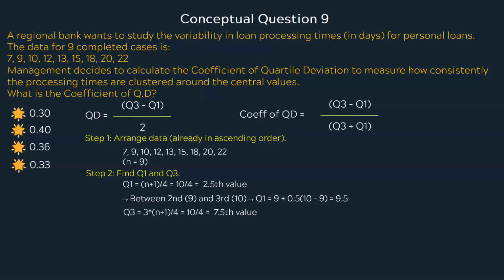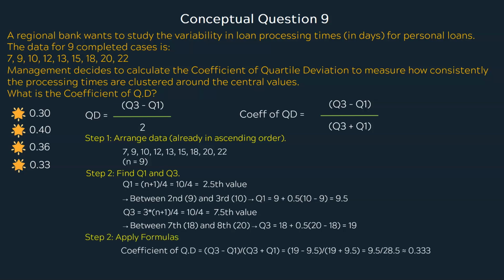Similarly, we have also seen that Q3 is calculated as 3 multiplied by (n plus 1) divided by 4, which equals the 7.5th value. And this lies between the 7th value, that is 18, and the 8th value, that is 20. Which implies Q3 equals 18 plus 0.5 multiplied by (20 minus 18) equals 19. So by putting all these values in the formula of coefficient of quartile deviation, we get (Q3 minus Q1) divided by (Q3 plus Q1) equals (19 minus 9.5) divided by (19 plus 9.5) equals 9.5 divided by 28.5, which equals